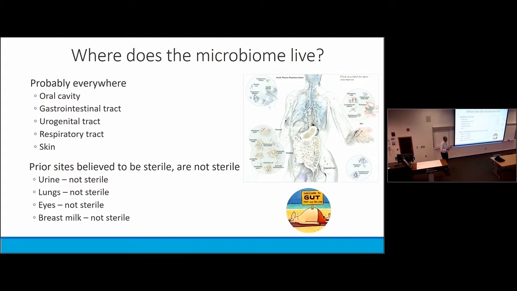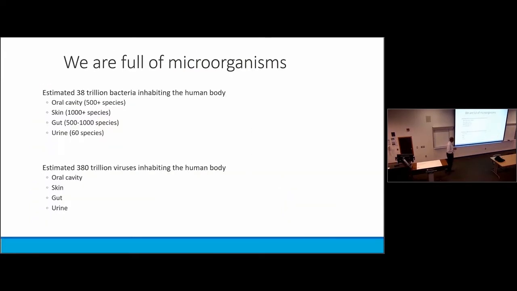In particular for MDs like myself, who have been taught certain things about microorganisms in the human body. For example, when I was taught about urinary tract infections, I was taught that your urine is completely sterile unless you have an infection. If you don't have pneumonia, your lungs are completely sterile. A lot of these studies of the human microbiome as well as the human virome have really shifted the way we think about it. Because I can tell you the urine is absolutely not sterile, whether you've got an infection or not, your lungs are not sterile, et cetera, et cetera.